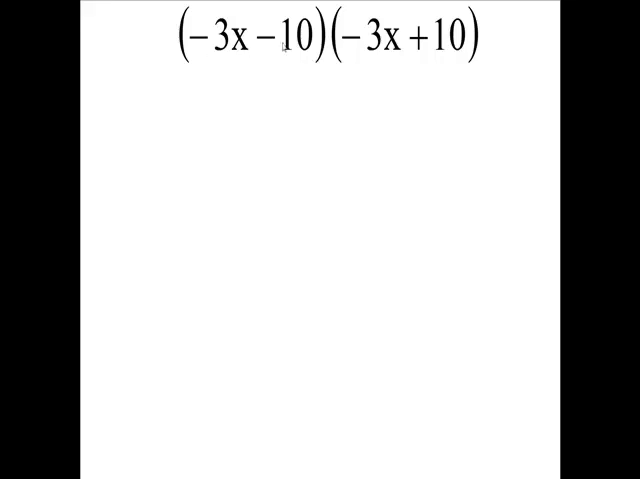Multiply negative 3x minus 10 times negative 3x plus 10. So these are two binomials. Okay, two binomials. All right, and when we multiply them, let's look at the FOIL technique, where you have